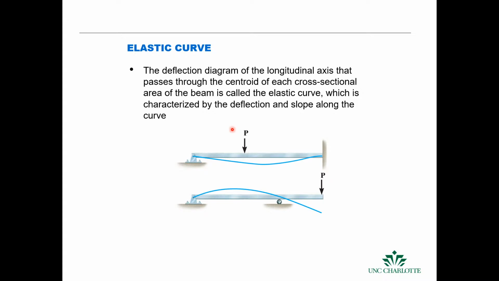All right. So now we're going to talk about deflection. When we design machines, often a constraint is that the machine's frame or base or element cannot deflect more than a certain amount. And we can determine what this is by looking at the beam's elastic curve, and that's the deflection that passes through the centroid of the cross section of the beam. Okay.